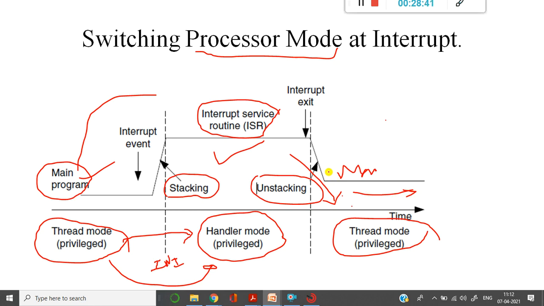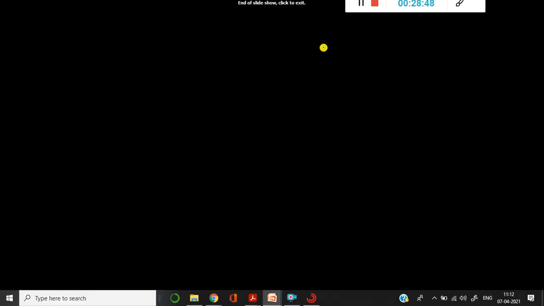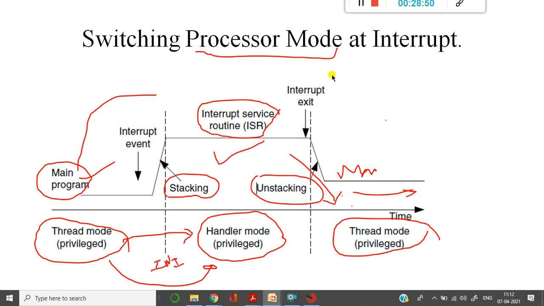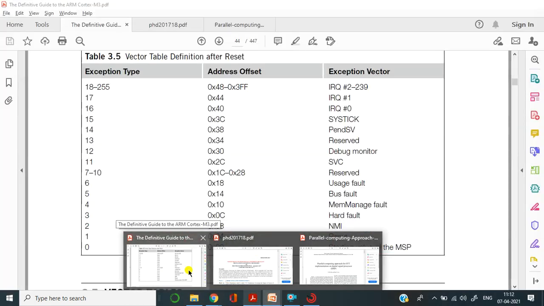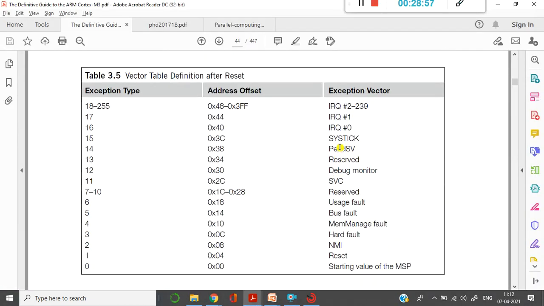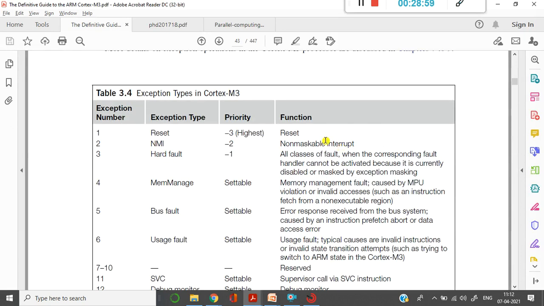Okay, now which are the non-maskable interrupts, or which are the exceptions that are going to be handled? I'll just show you one table. So that's going to be the end of this topic. So these are the exception types. Another day I told you there are a set of exceptions that are written. A program is written in a memory where the user doesn't have any option to enter into that particular memory area.